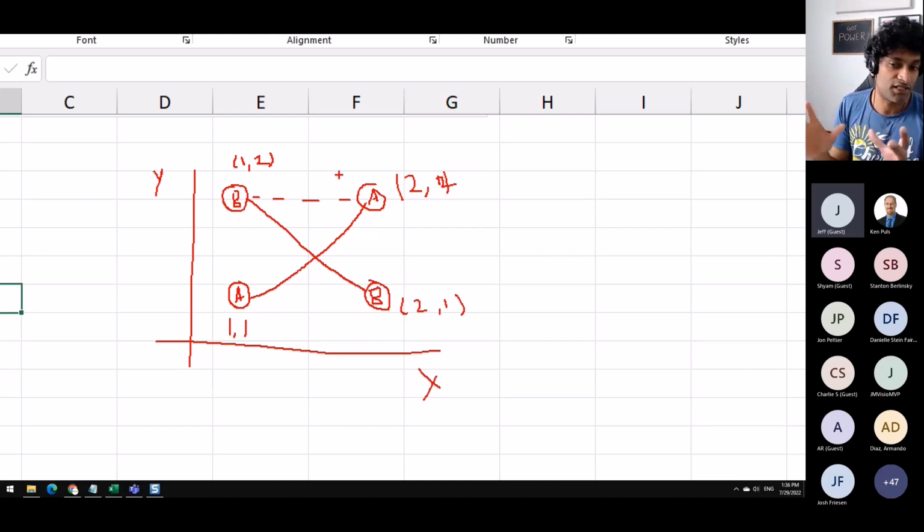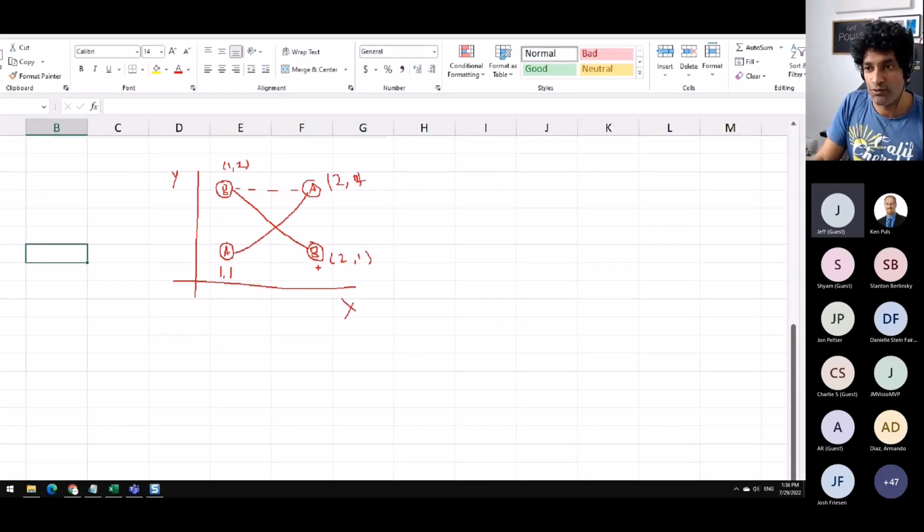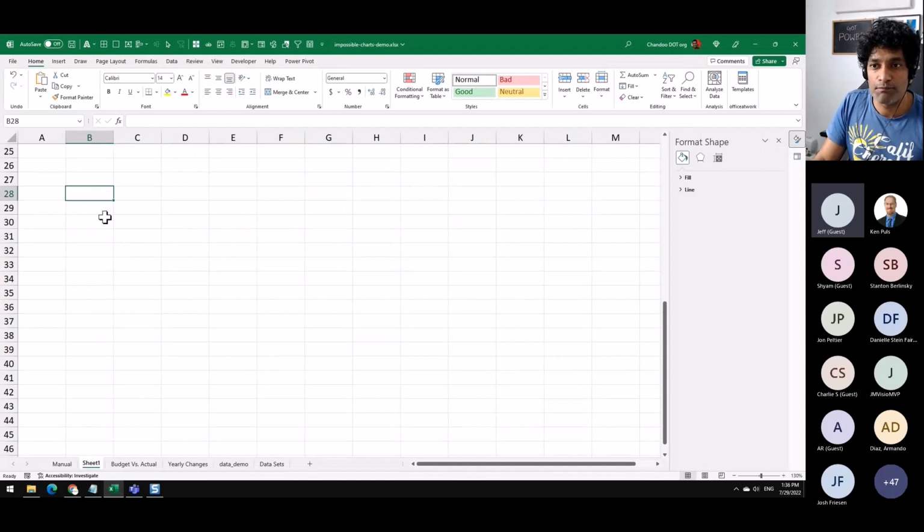So this is how XY line charts work, not the regular line charts, XY line charts. Whenever there is a blank, it will just skip out and then step ahead to the next point. So that's how, even though there are two lines, we can still draw this as one line. I'll demonstrate this with a simple concept here.